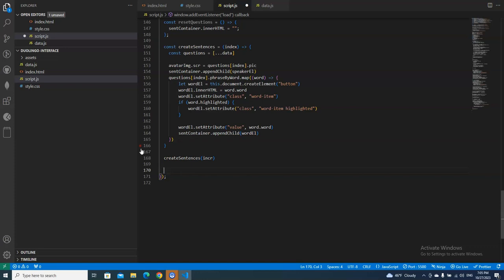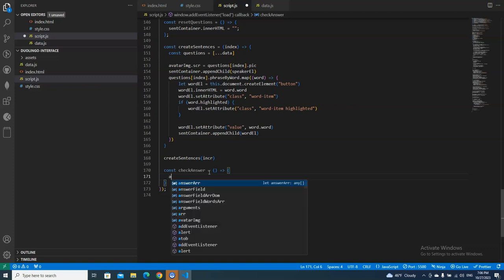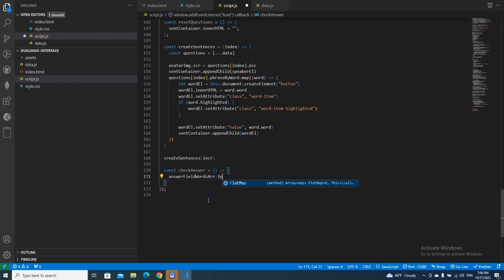Next, we need to write a function, check answer, and in this function we will write a logic that will be responsible for basically checking the correctness of our sentence. And we need to iterate through the answer field words array. We need to iterate with for each,